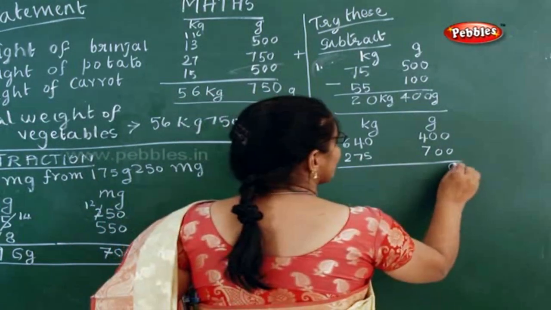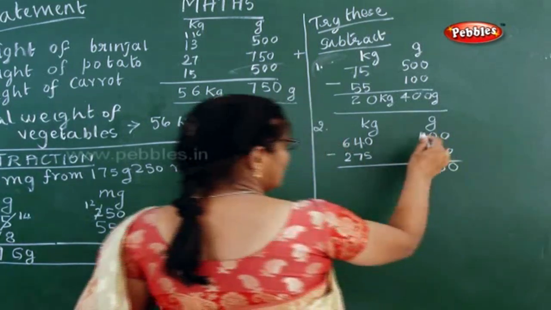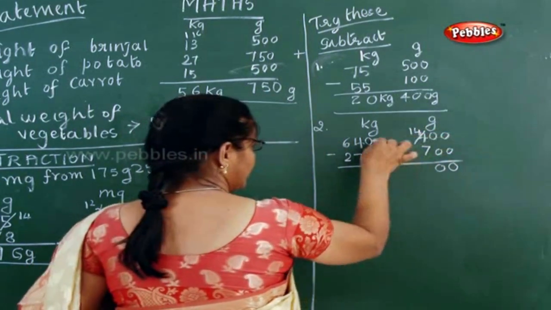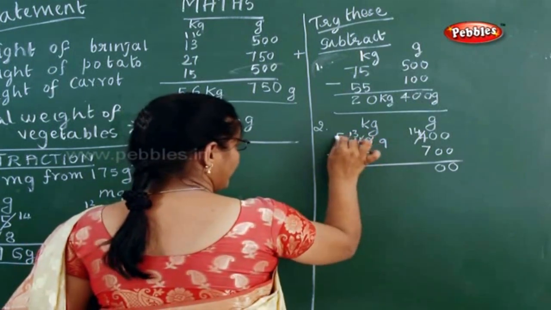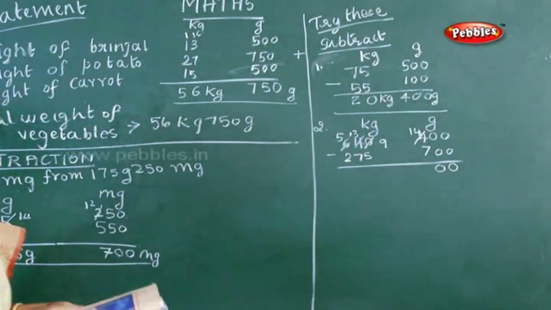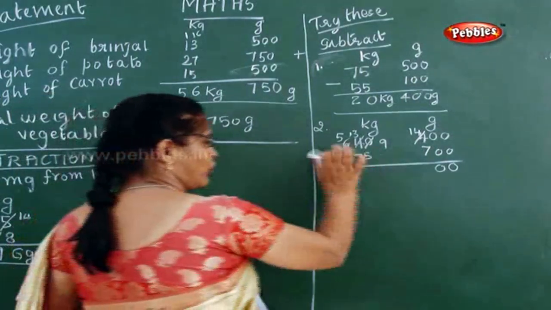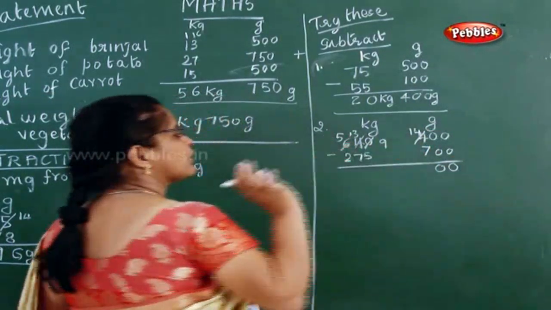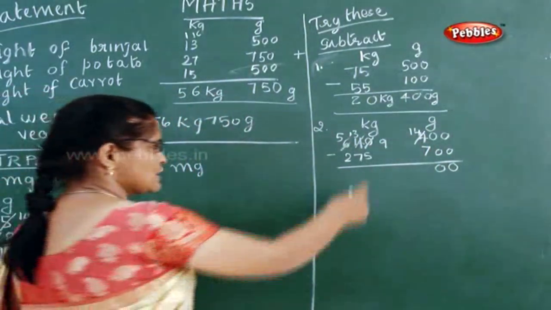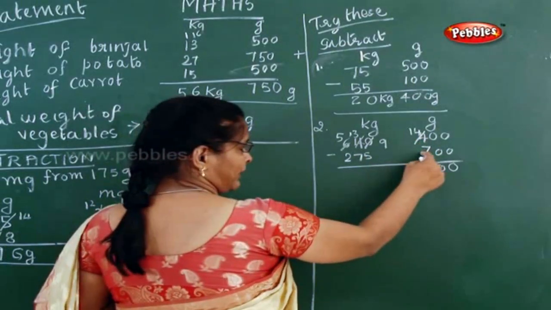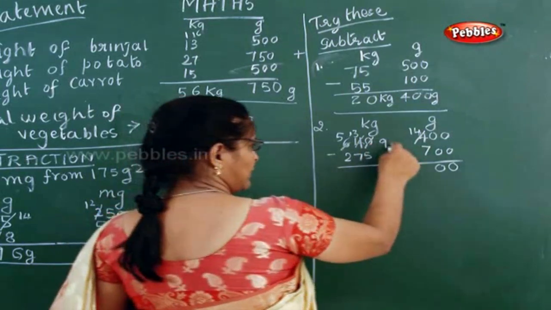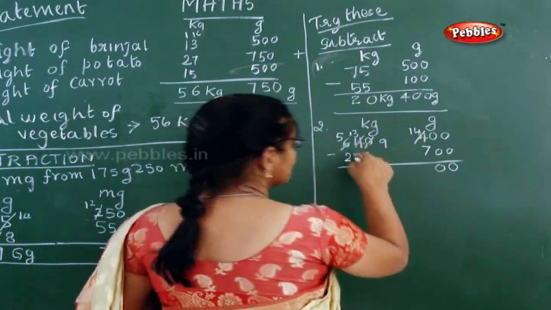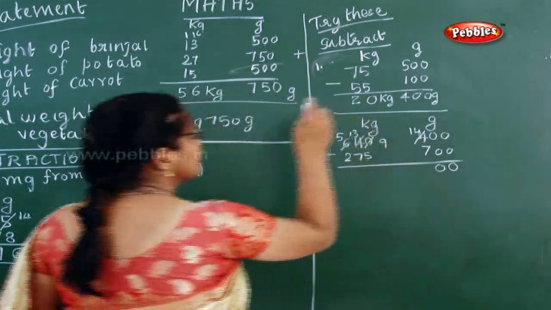Now what is it here? 0 minus 0, 0. 0 minus 0, 0. This one will become 14. And here this will become 9, this will become 13 and this will become 5. Always when you do minus, you first borrow everything, then finally you can do the calculation. Now this one, because you can't minus 4 with 7, immediately you are borrowing, that will become 14. So this 10 will become 9 because you are borrowing it here. This 4 will become 13.